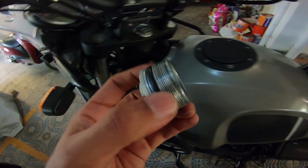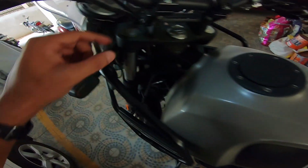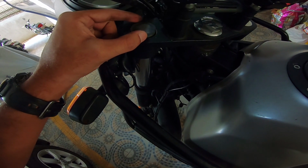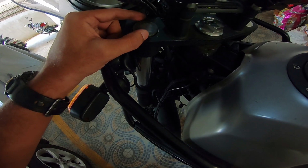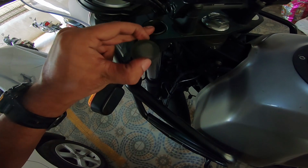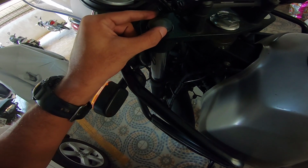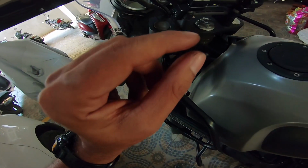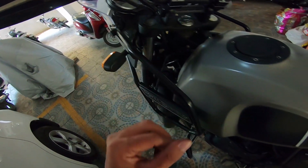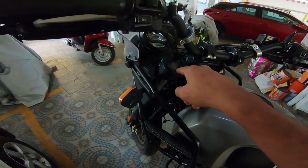So you pull this out and you have a cap on top, and then the rest of it is just an empty barrel. This is a spacer, this is a spacer, and this is again a washer cum spacer. I don't really know what to call this, a metal plate that also acts like a spacer. So now we are going to be pushing in